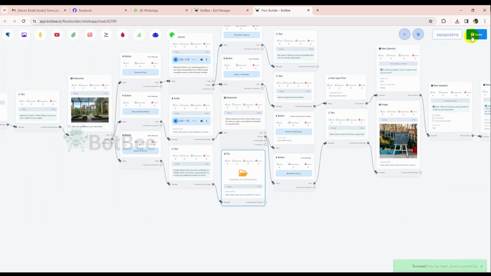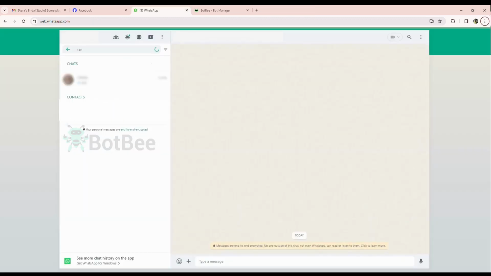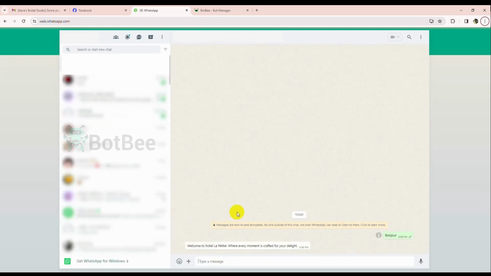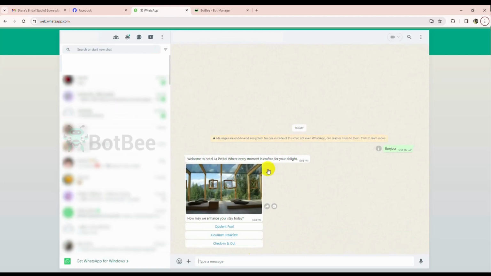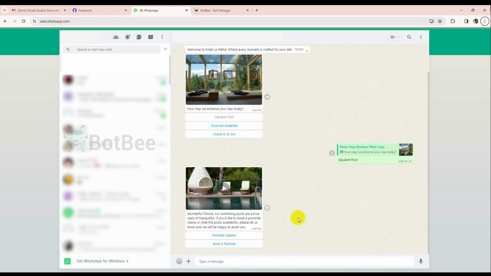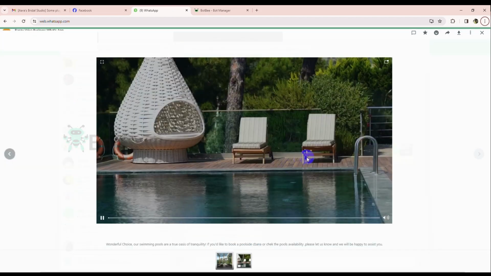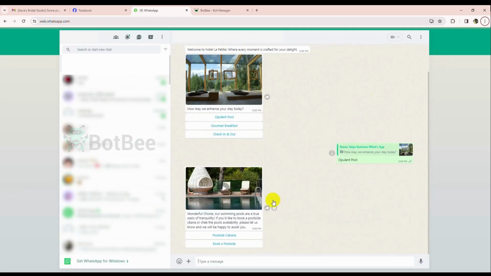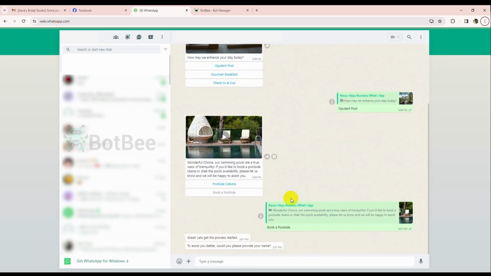I'll save the bot. As you can see, the bot saved successfully. Well, this is my own personal account, and I'll just check if the bot's working perfectly, and I'll send a message. As you can see, the bot replied. And here's the welcome text. I'll select a pool, and here the bot replied with the video that I added with this text. As you can see, it's also playing, and I'll choose book a poolside, and it started taking my information